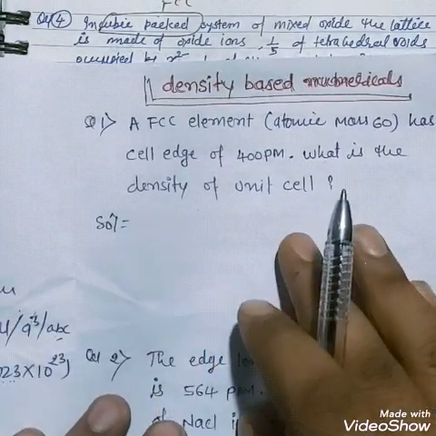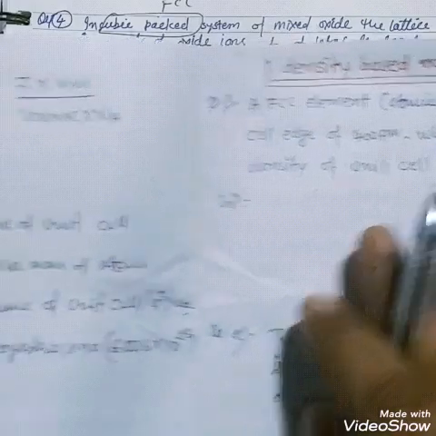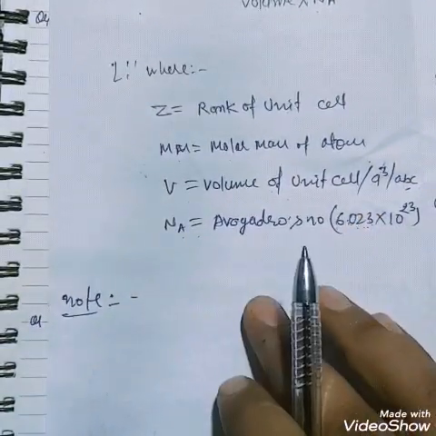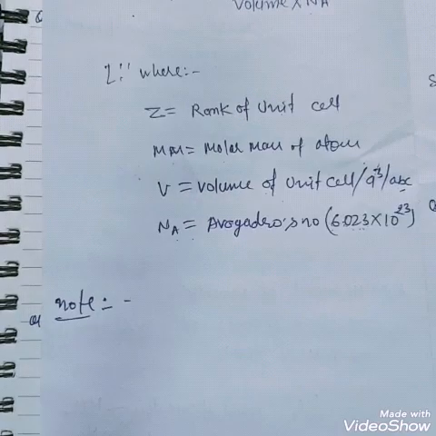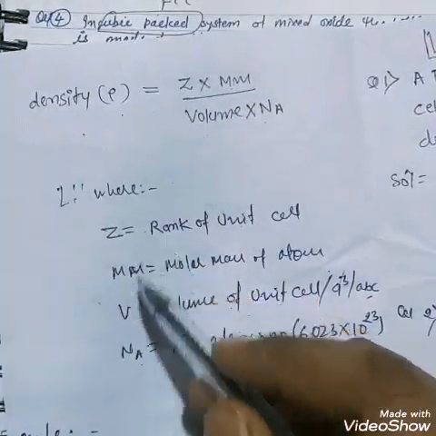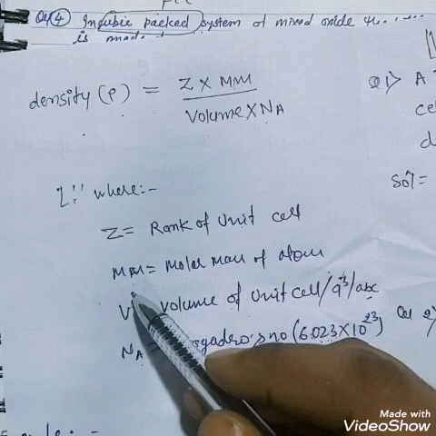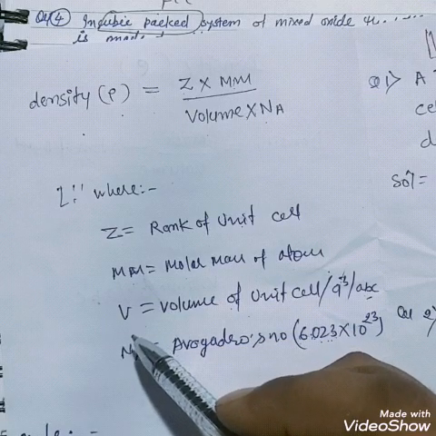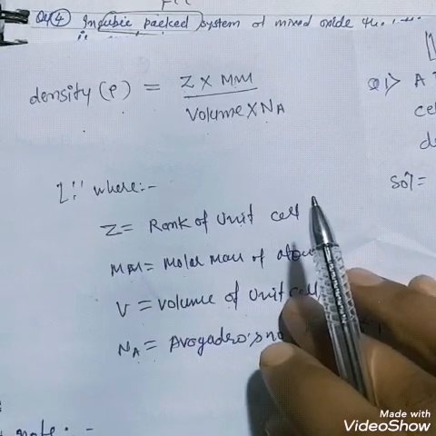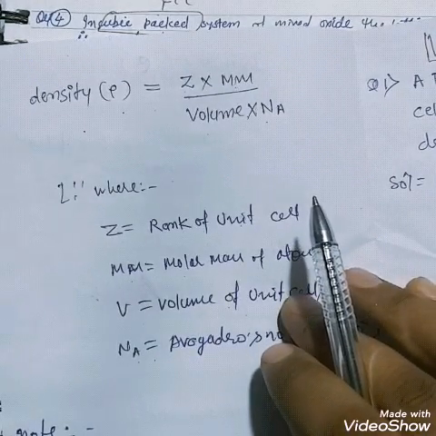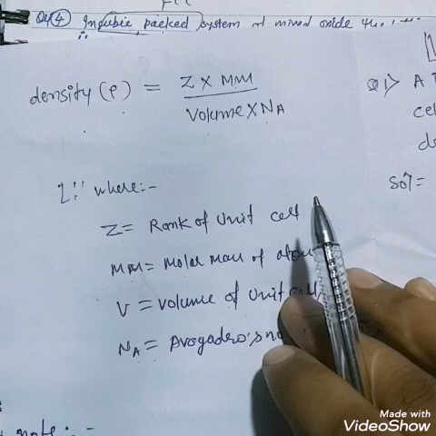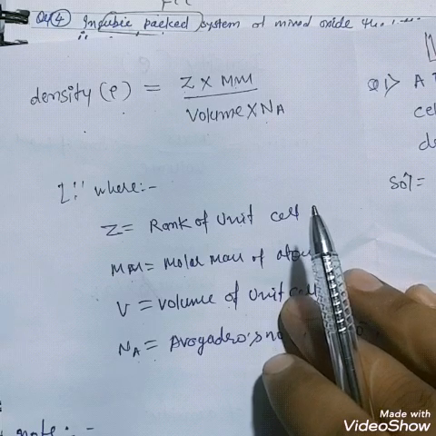So before solving questions, one more thing I want to tell you, students. Note this particular portion, it is a very important point. There are 5 different parameters in the relationship. The value of any one can be calculated if the values of the other parameters are known. Here it is very important because all are different.